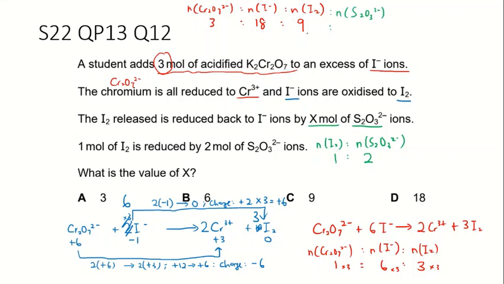If we have 9 moles of iodine, that means I have to multiply this by 9, I have to multiply this by 9, so the number of moles of thiosulfate needed in this case will be 18. So what's the value of X? What's the amount? The number of moles of thiosulfate needed to reduce all the iodine here back to iodide will be 18. So the answer is